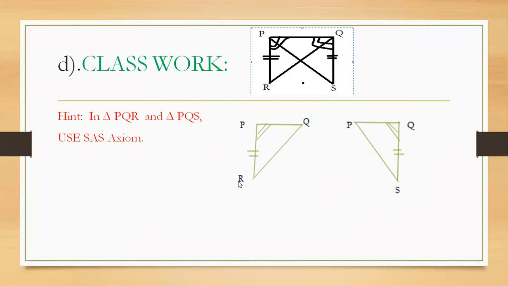And now the next one, look here. This side is equal, this side is equal. QS is equal to PR, then its opposite angle is PQR, and its opposite angle is QPR. PQR and QPR are also corresponding angles. Similarly, PQ equals PQ, its opposite angle is PRQ, and its opposite angle is PSQ. They will also be corresponding angles. Okay, like this we have to find it out.